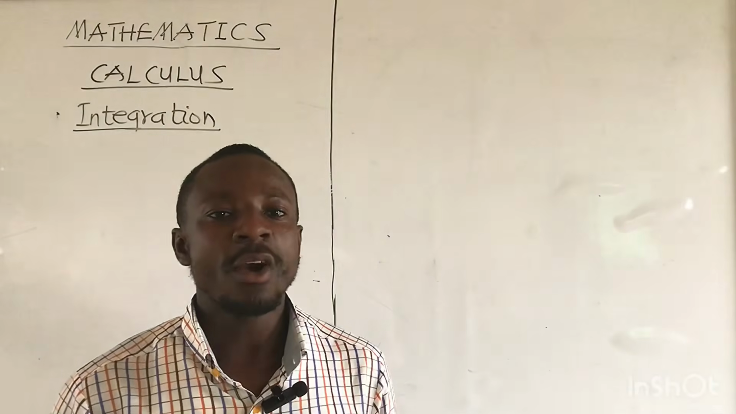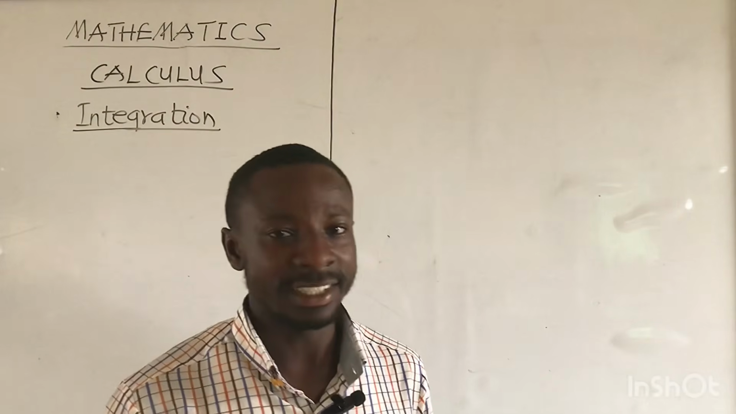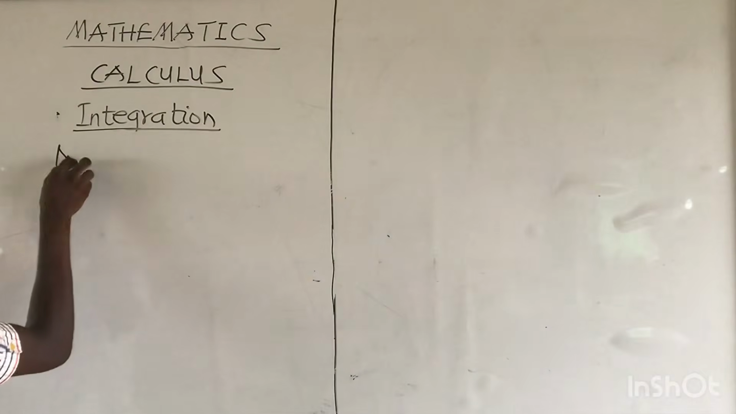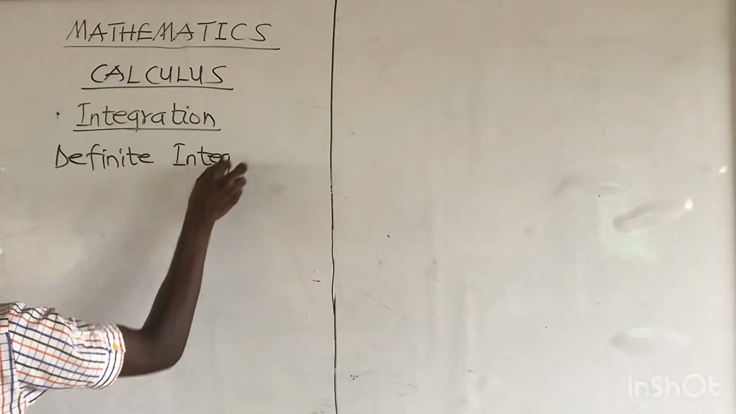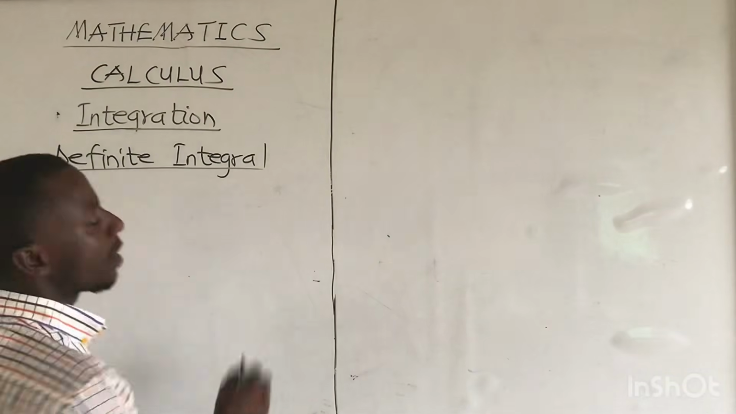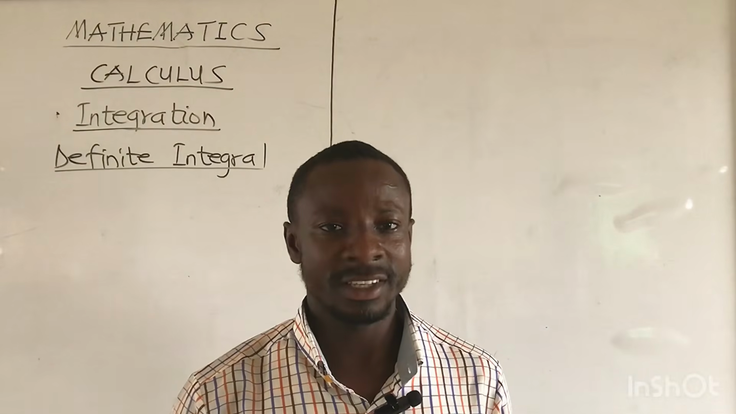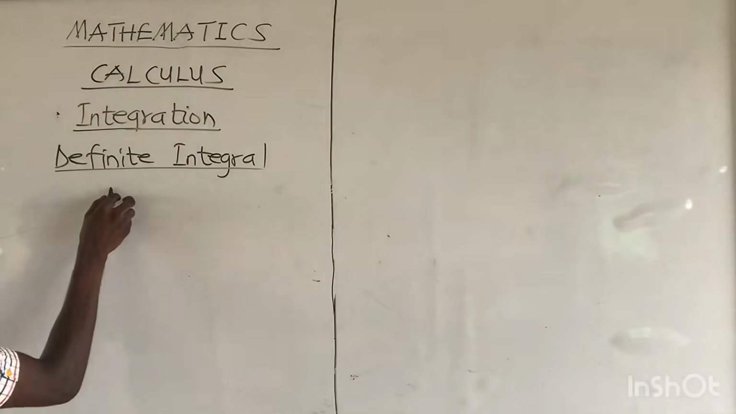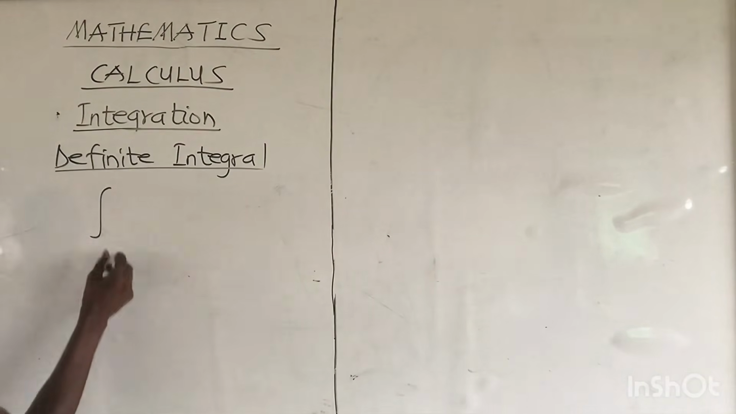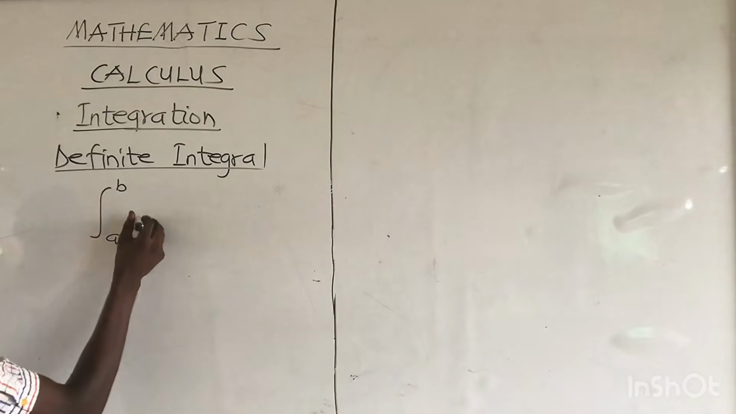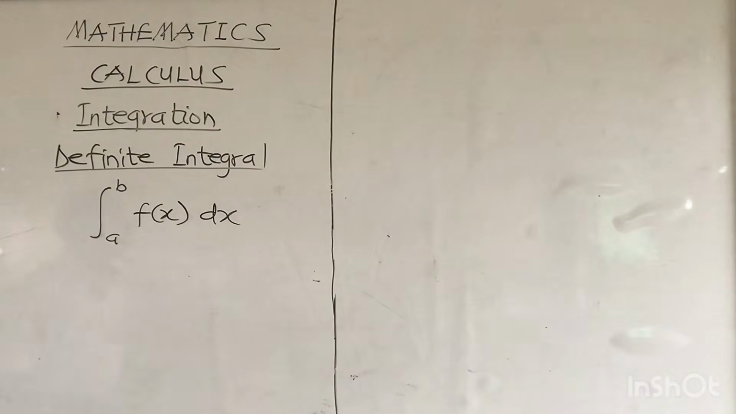So viewers, we are going to look at the second part, which is the definite integral. With a definite integral, limits are given. So for example, this will be the integral sign, then the limit, we have limit from a to b, then the function f of x dx,